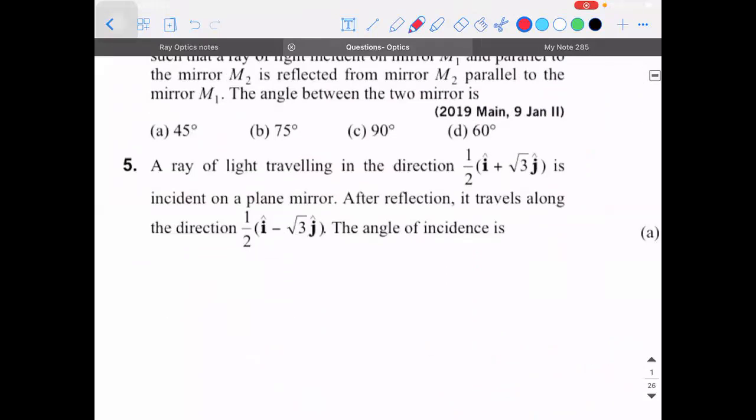There is a ray of light traveling in the direction half into i cap plus root 3 j cap, which is incident on a plane mirror. After reflection, it travels through a direction of half into i cap minus root 3 j cap. The angle of incidence is